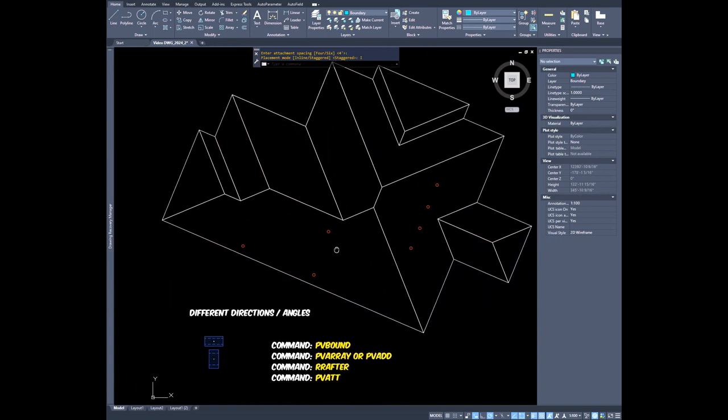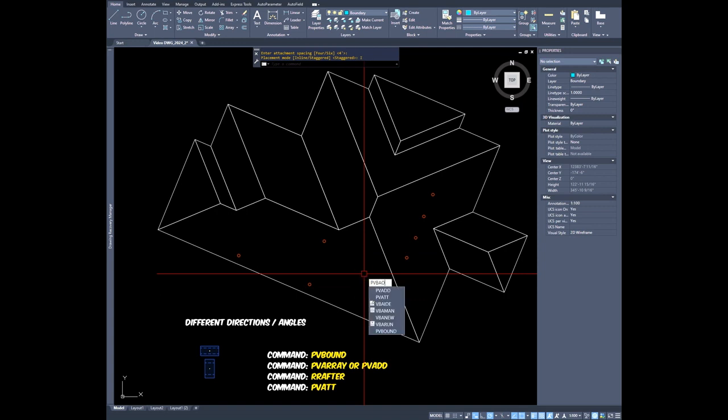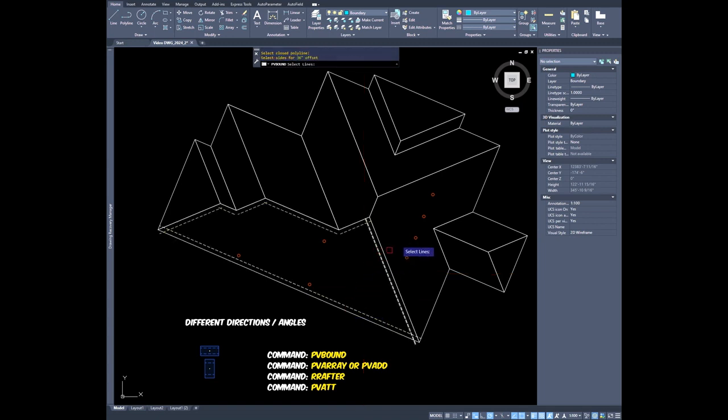If you have roofs that are set at different angles, let's say you don't like to rotate your drawing, you just like to draw it as true north, then basically do the same commands. PVBound. If I know I'm going to be using these 2 roofs, for example, then I want to keep 18 inches here. Maybe I'll do 36 inches from this ridge line, 36 inches from that one. Enter, 0 there. And on the eave,